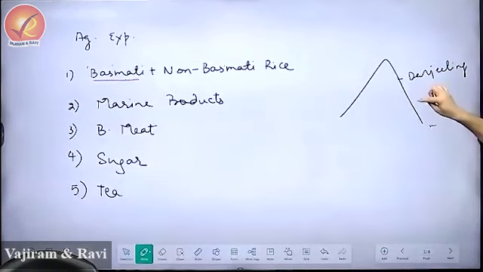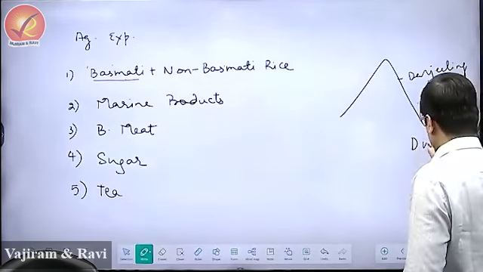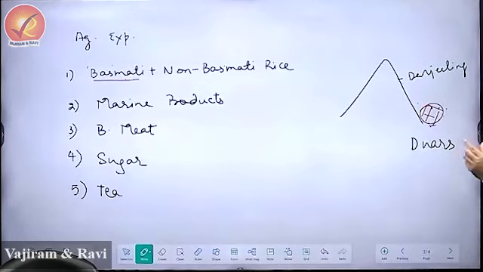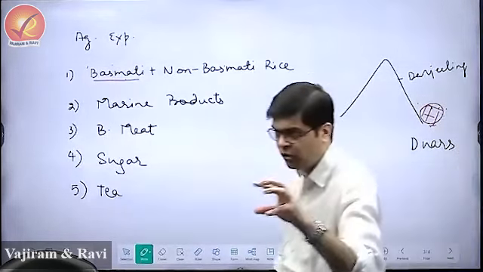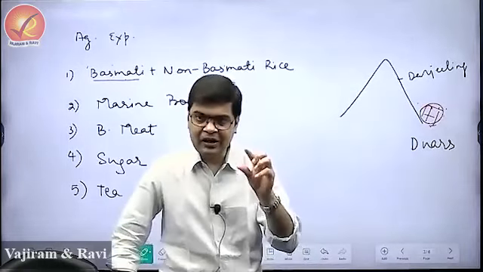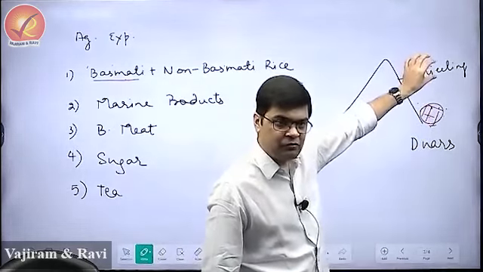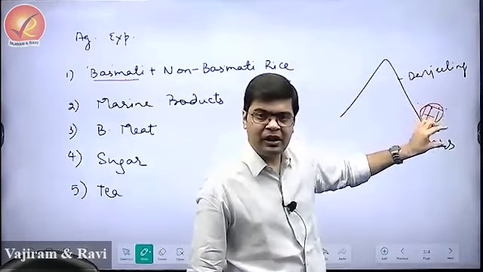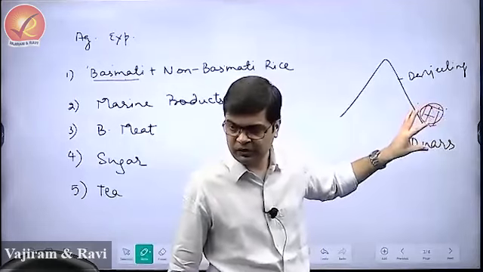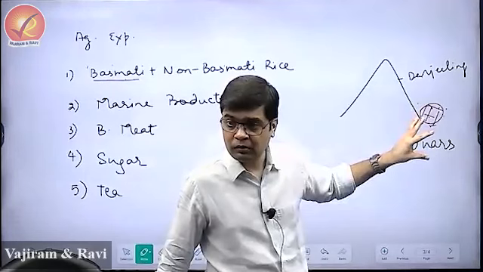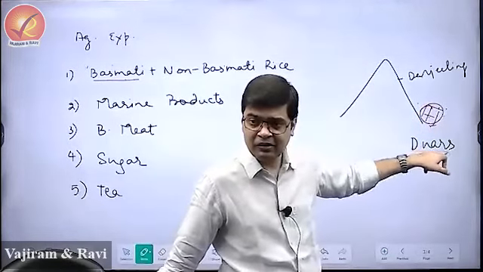The areas of Jalpaiguri and Siliguri are on the foothills. Darjeeling is at height, at the foot we have Siliguri or Jalpaiguri. These areas are known as the areas of duars. Duar basically means door to the Himalayas. So foothills that are present in the regions of West Bengal are known as duars. So tea is cultivated in the duar regions and also in the hilly areas. Darjeeling will be the hilly region and Siliguri, Jalpaiguri will be the duar areas. They will cultivate some amount of tea. DUARS, I've written it.